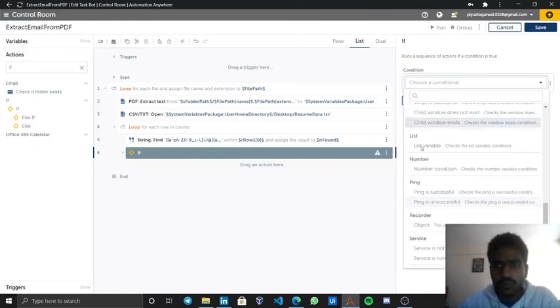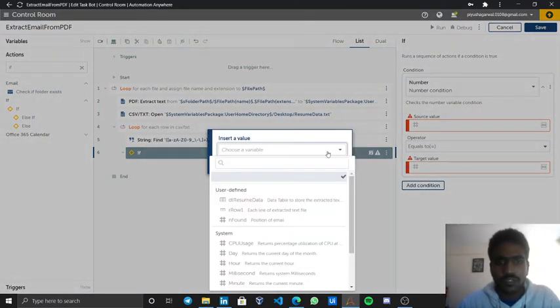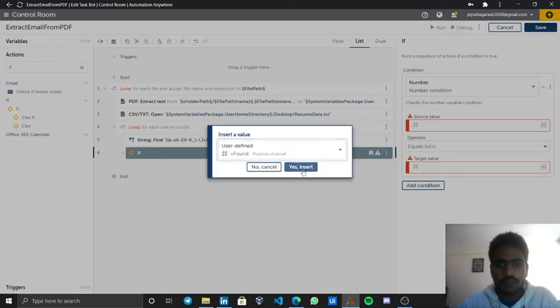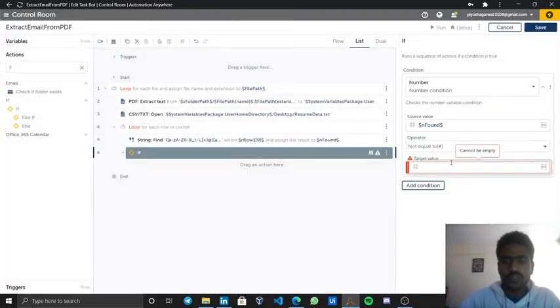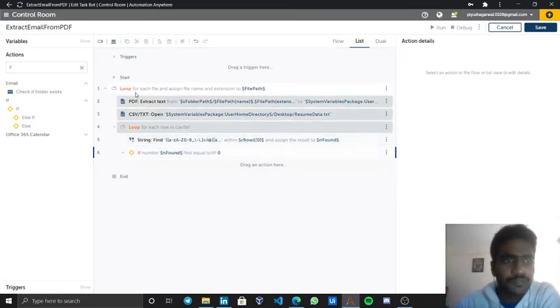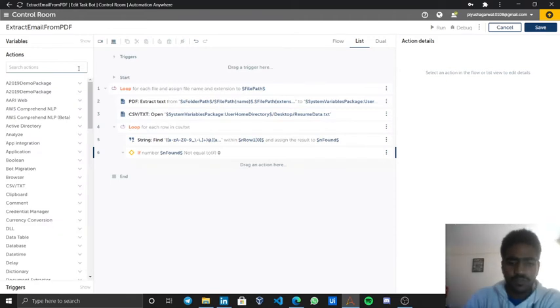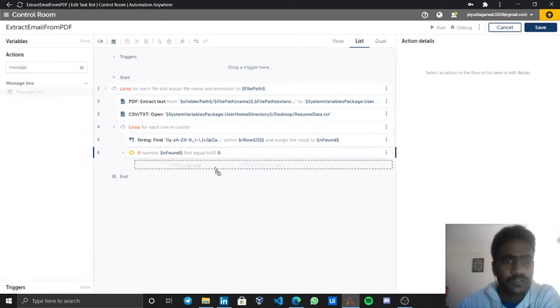So if I go over here in the number, there is a number condition. Over here I will again press F2, select my variable n found, insert. Now if it is not equal to 0, that would mean it has found my email. So first of all, let's see it print that.